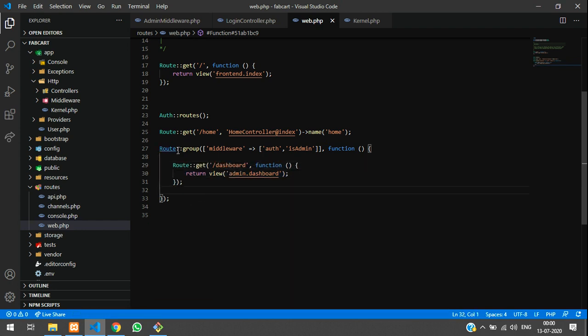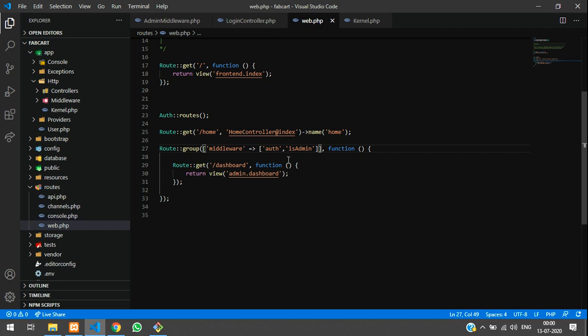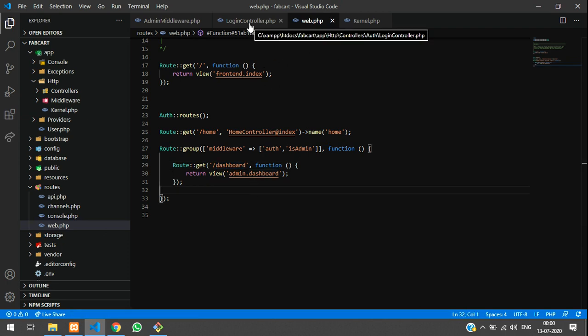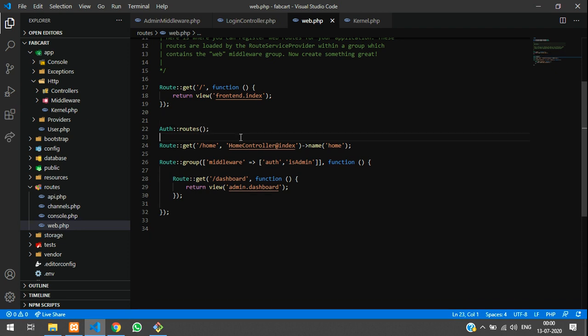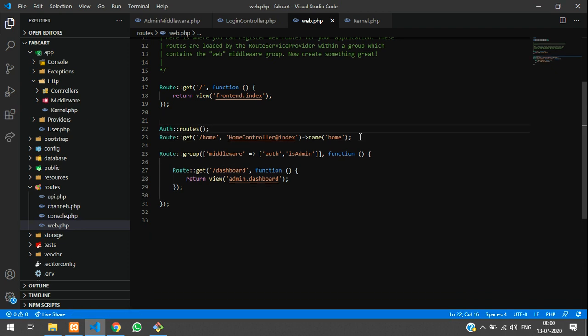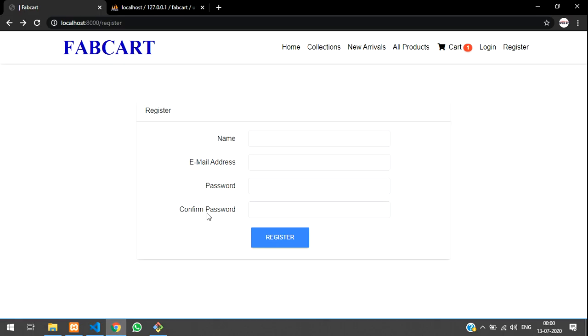That's it. So if you want to know more in detail, please follow the middleware on your Laravel documentation website. So you will understand very clearly how and where it is used, everything. But basic things I am clearing here only, how to use and utilize these things with the middleware, how to work with middleware. Okay, so let's focus on our task, creating this middleware things. I mean the authentication for login as admin or a normal user.